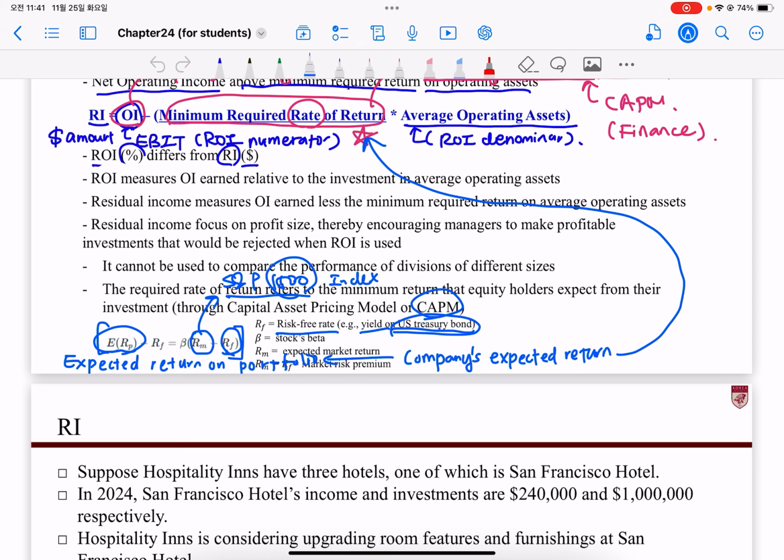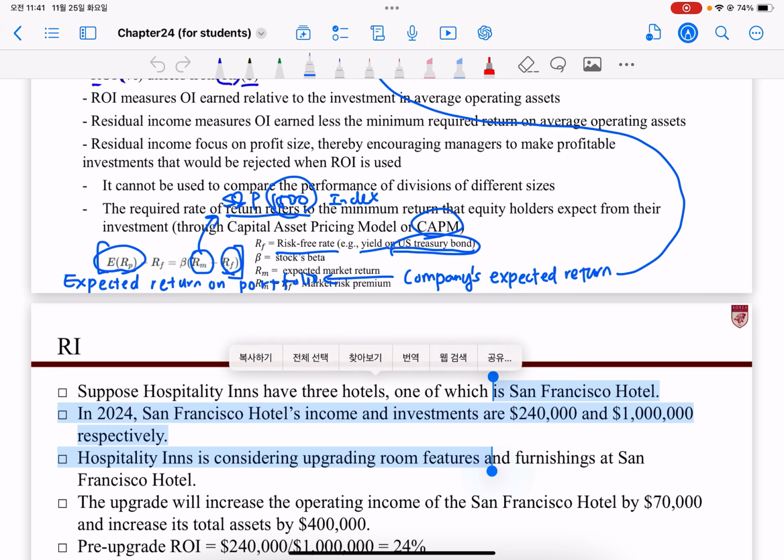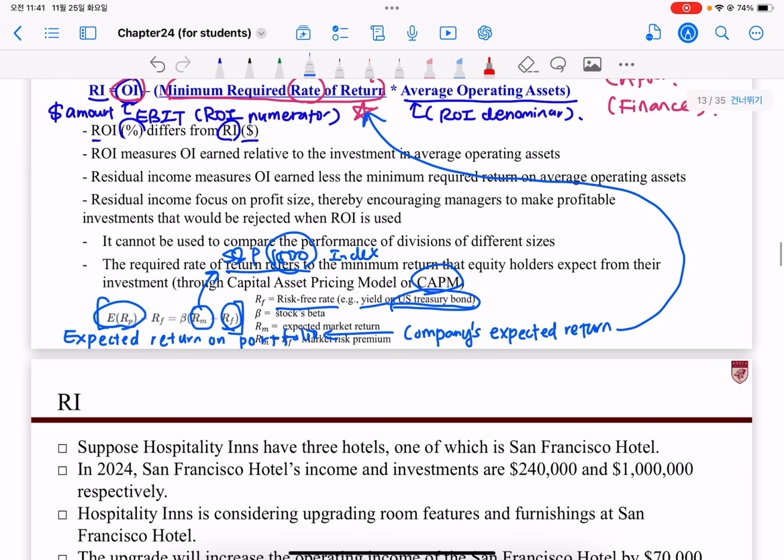Why is the US Treasury bond a risk-free investment? Because it is really highly unlikely that the US will default, right? So if you own this bond, you will get the interest and principal on those bonds from the US government no matter what. It is really less likely that the US will default, right? Because the US is the biggest, most wealthy country in the world, right? So usually when we calculate the risk-free rate, we use the yield on the US Treasury bond.